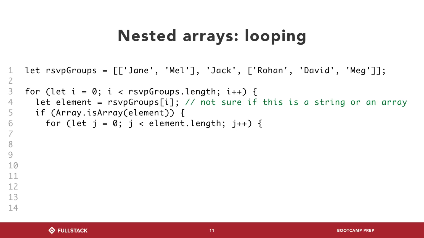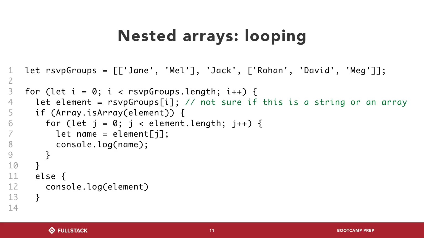So, anywho, for a given element, if it's an array, then we say, hey, let's write a for loop. Let's go through that array, right? Notice how we're using a different index variable, j. Notice how j is our condition. j is less than element.length, no longer RSVP group length, because we've already established that this is an array now. So now we need to figure out what that inner array's length is, and we go through it. We console log it out, and then